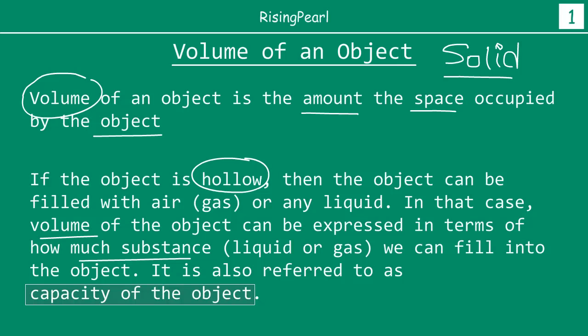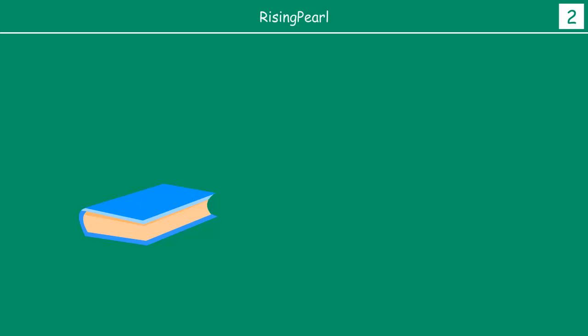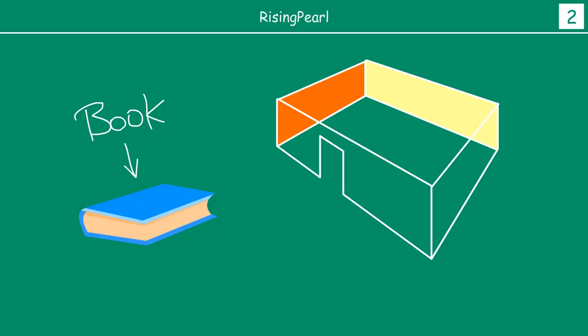So just to make this point, if you have like a book, this is a book, right? So the volume of this book, which is a solid, is really the amount of space this book will actually occupy, right? So on the other hand, if you imagine a room,